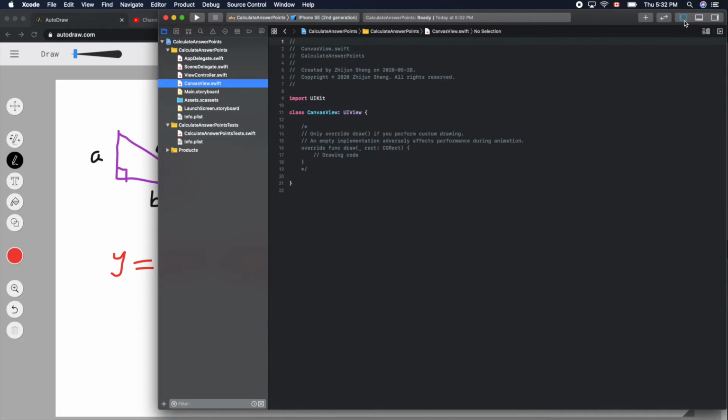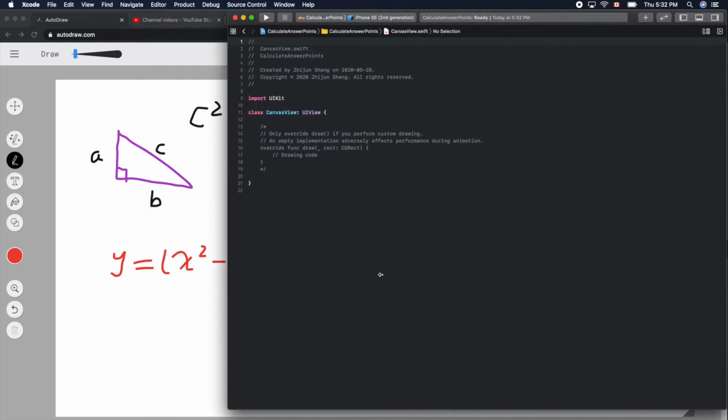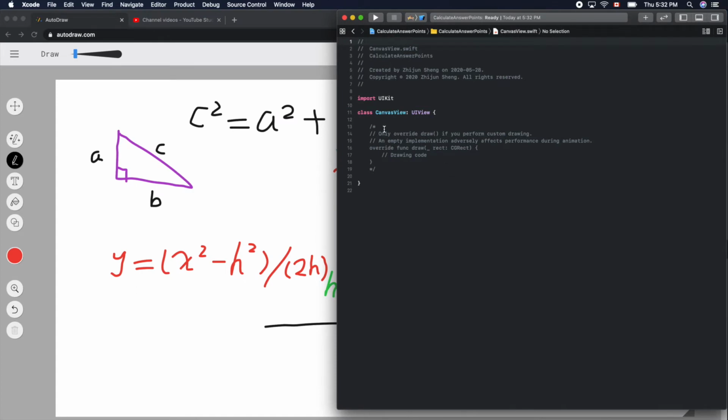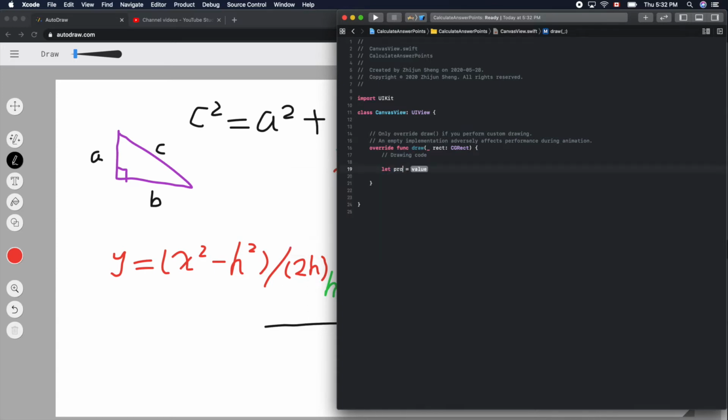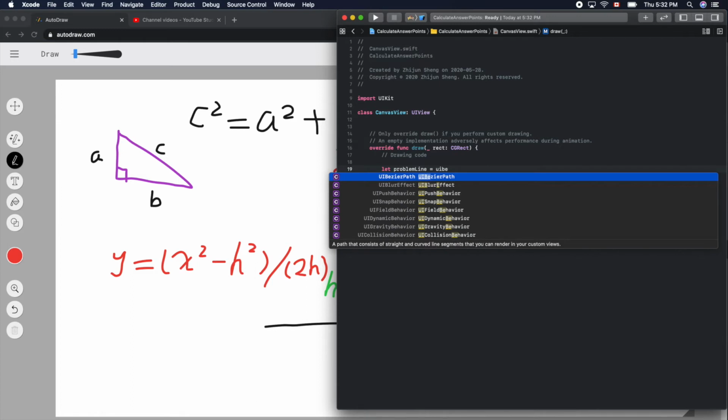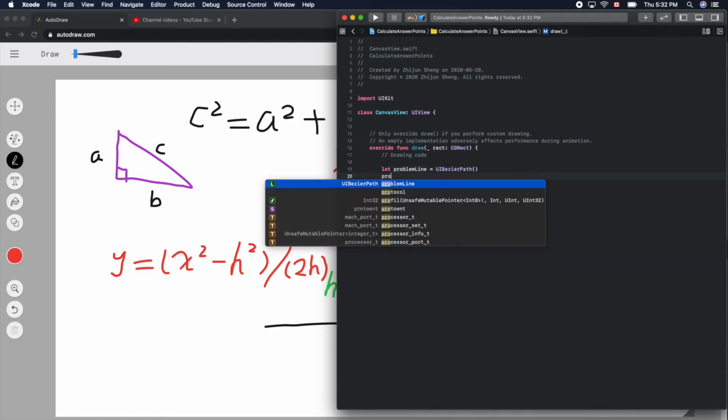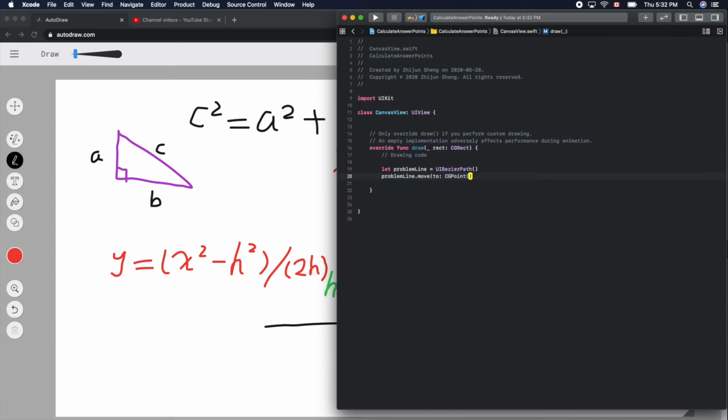We don't need that and that. Uncomment this one and put our drawing code here. I think we can, okay, so let problem line equals UI Bezier path. problem line dot move to point 100, and